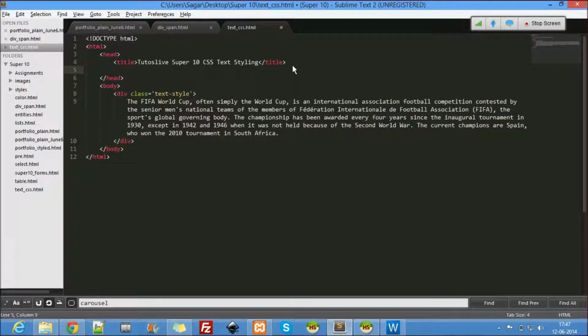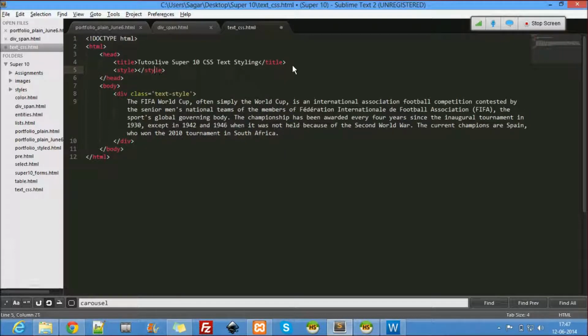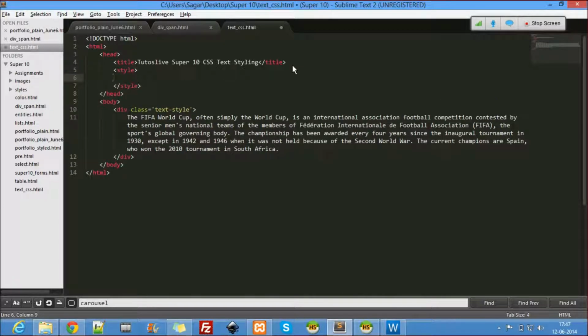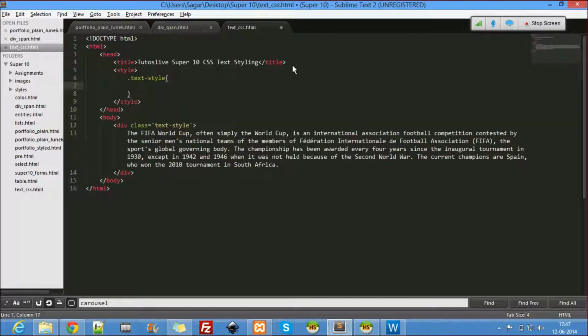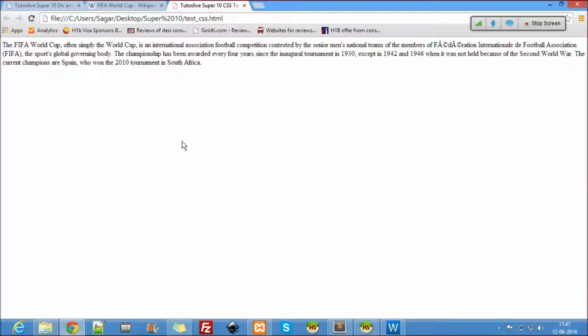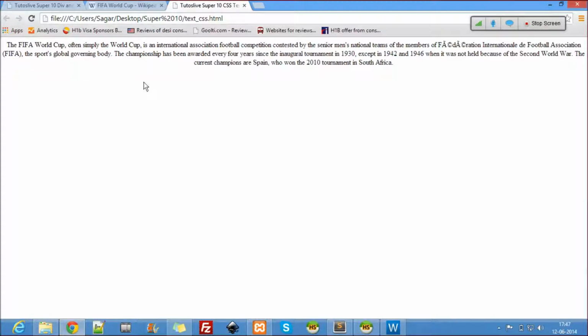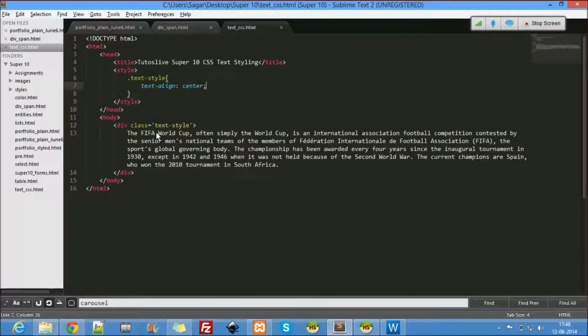So here I go, style, dot text style, text align, center. Let's see what happens here. See that everything is center aligned. So it is not supposed to be used on bigger text. What I really suggest is to go with, let's do this,